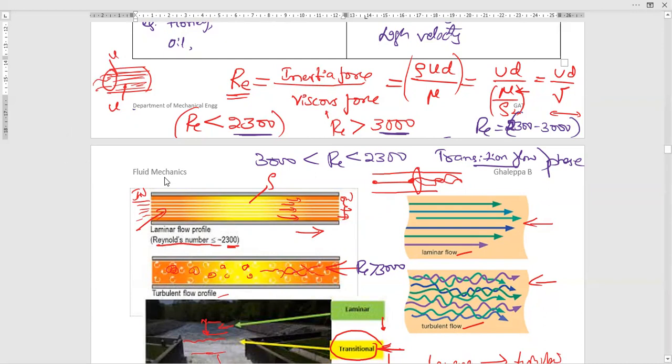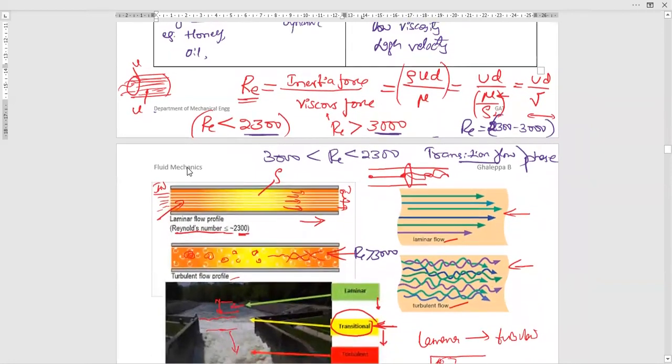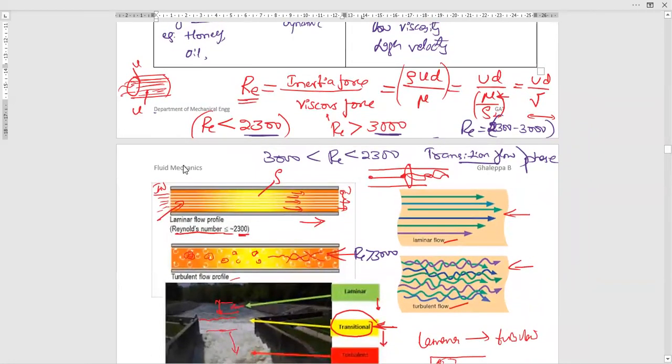So this is a brief explanation about laminar flow and turbulent flow. Here u is the velocity of the fluid flowing through the pipe, d is the diameter, mu is the dynamic viscosity, and if you divide it by rho, the density of the fluid, then it is given as the kinematic viscosity. Okay, so now in the next video lectures, we'll understand the different types of fluid flow,